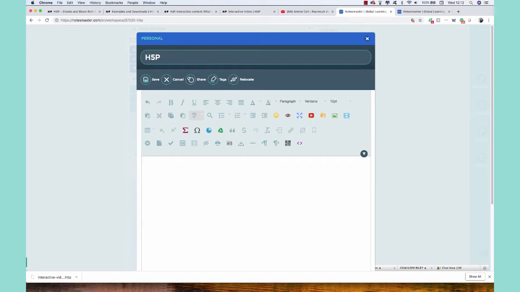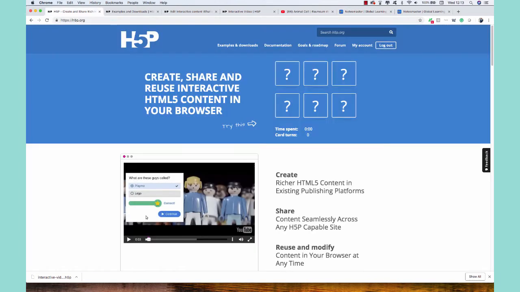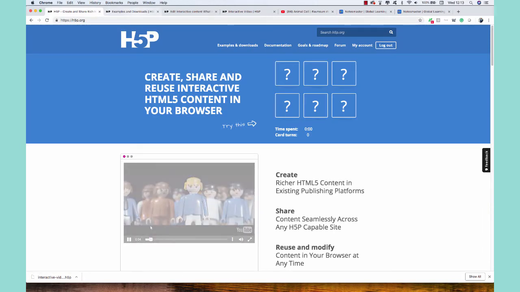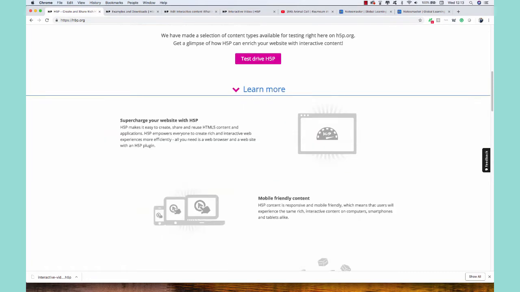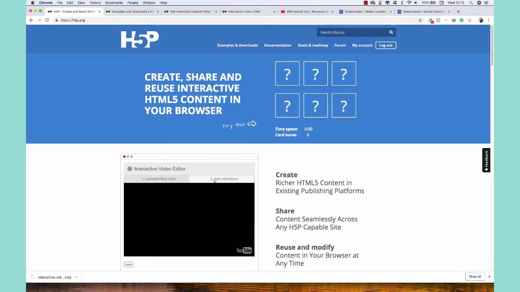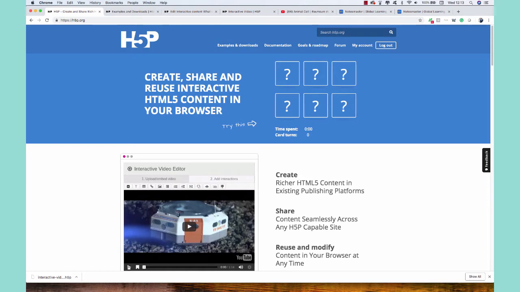Now, why the fuss about H5P? Broadly speaking, it is a free tool, so you can sign up, and once you've signed up, make sure you have an exploration of it. Spend a little time. If you've got a work session tonight or tomorrow to create notes, I would abandon that session and just spend all the time looking at H5P, because in the workshops a lot of you say,